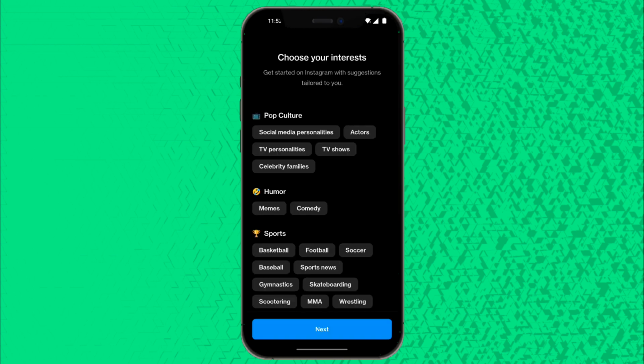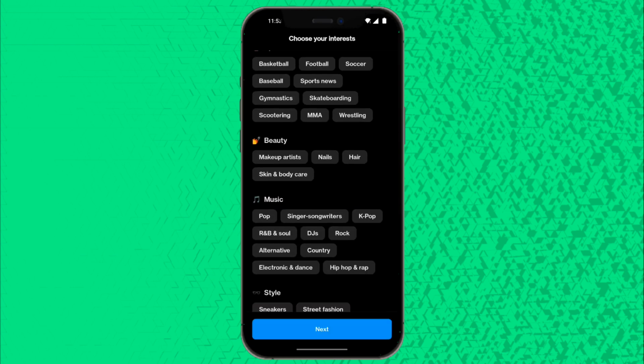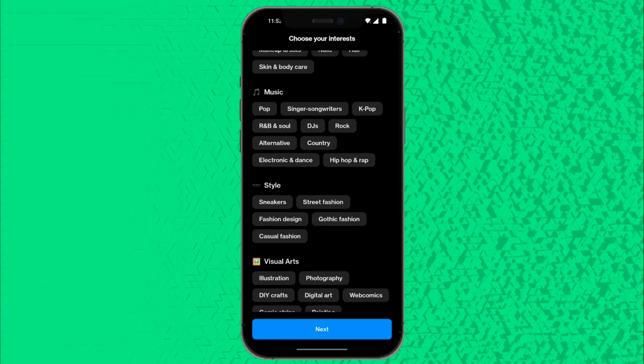You can also choose the interests for your Instagram account. So I'm going to choose a couple of them. Or if you don't want to choose any at all, you can just go ahead and unselect them and then click on next. And now you have completely set up your Instagram account, or if you go over to your home page,